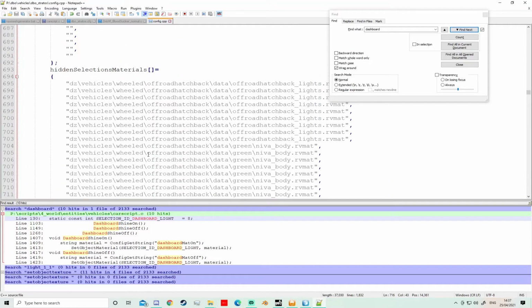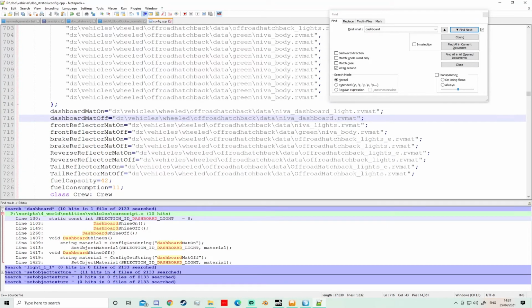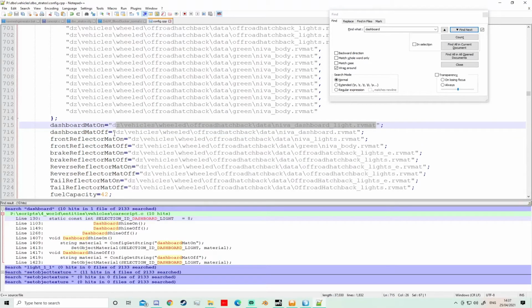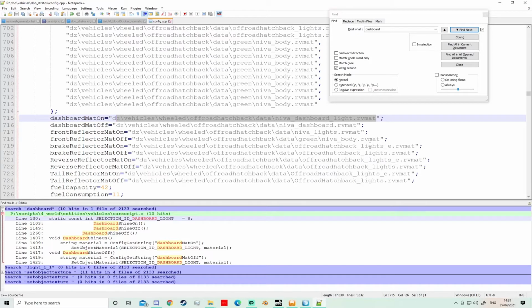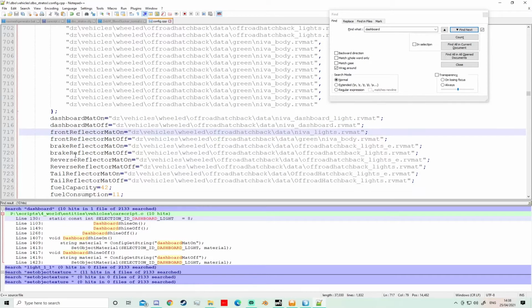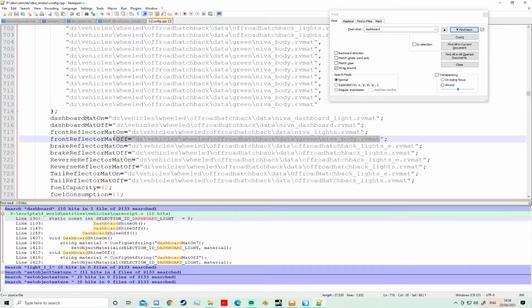Now what you will notice here is there's a definition of the RV mats pertaining to what is applied when that action is called. So the front reflector with the material on is neither lights on there, and off is the normal everyday body